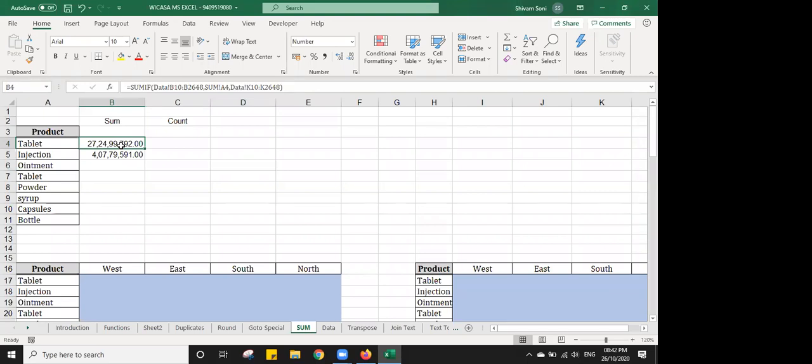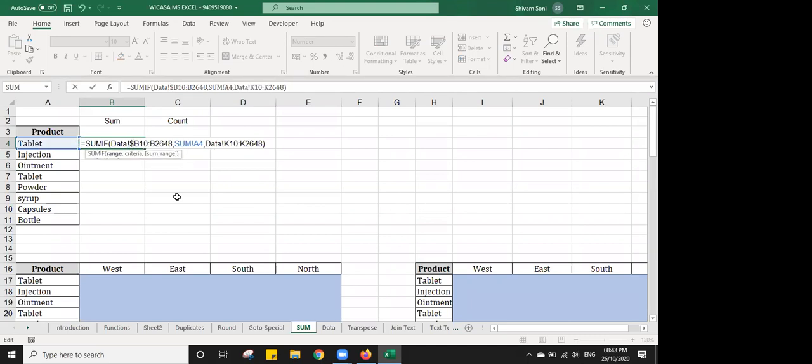For some data, if you want to do sum, COUNTIFS, or execute any other formulas, always and always try to go for full freezing. If you want this, you can simply go to this and select a dollar sign. You can press a dollar. This dollar will freeze your row also, and this dollar will freeze your column also. In the same way you need to freeze everything.